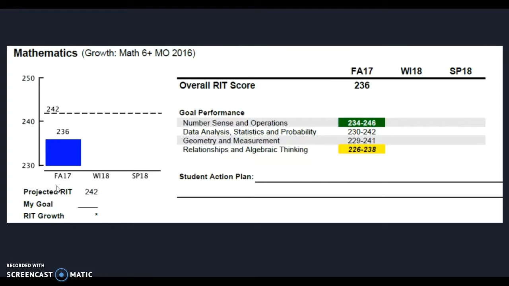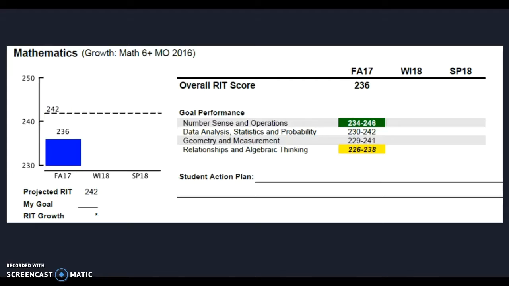Then directly underneath that, it shows you what your projected RIT would be and graphs that line for you. For this individual, they got a 236 on their fall mathematics NWEA assessment, and their minimum goal is to get a 242 on the next NWEA assessment.